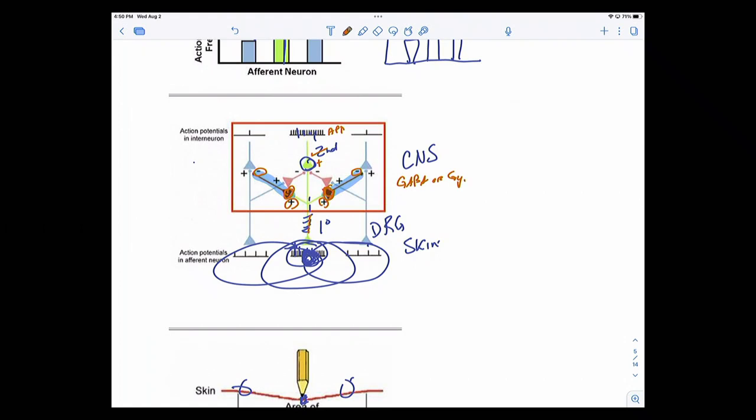Okay, GABA or glycine. These are inhibitory neurons, so they're going to be dropping off the glycine. This would be L-G-L-Y, let me spell it out: glycine there. So you have the glycine or the GABA, and what it's doing is trying to shut this neuron down here. So now I'm having a reduction in the action potential frequencies on the sides here.